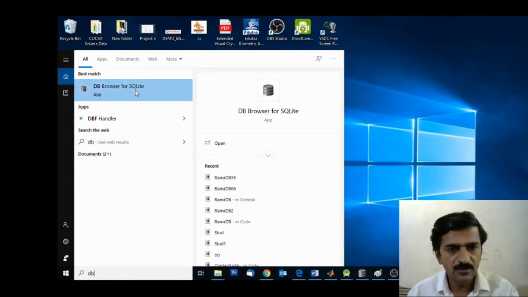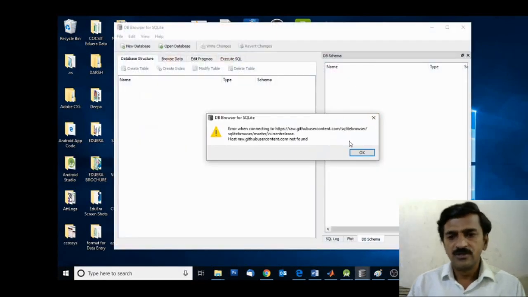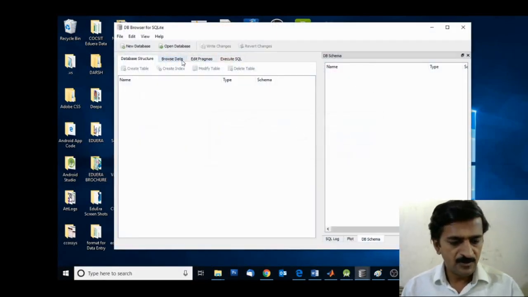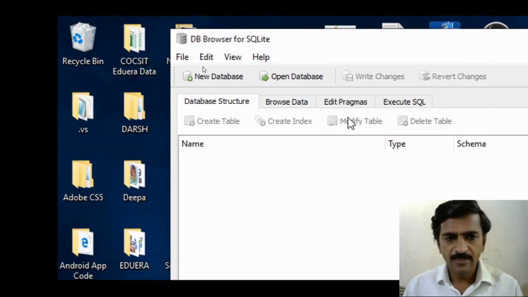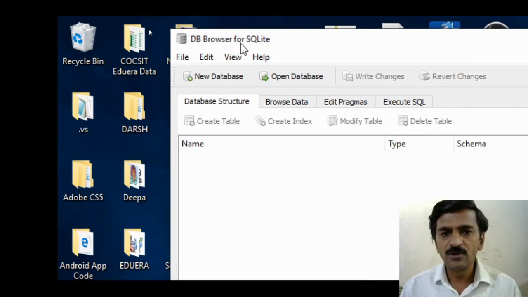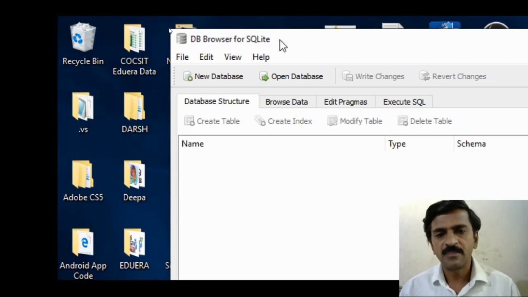DB browser is opened here. Choose open database in DB browser for SQLite. DB browser for SQLite is installed on my machine. You can easily download it from the internet. You can search for DB browser for SQLite and download it and install it on your machine.